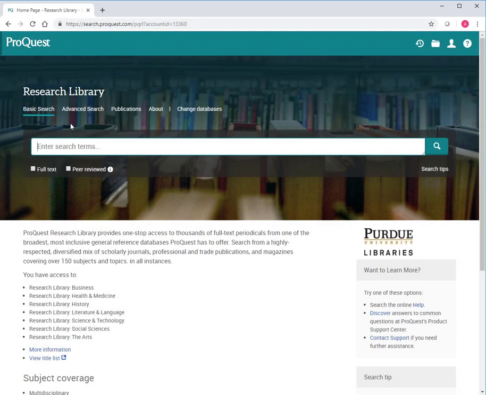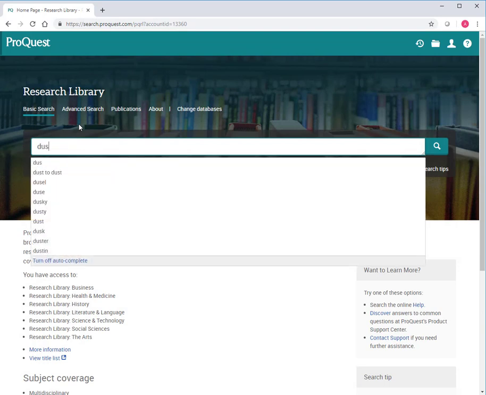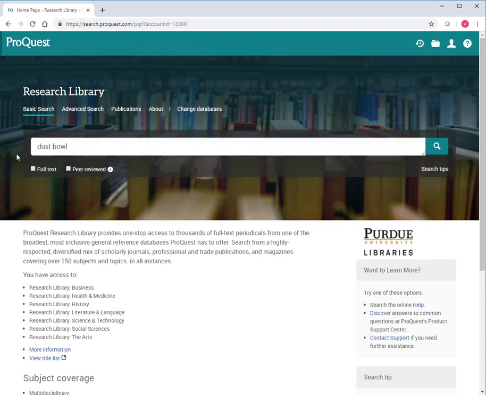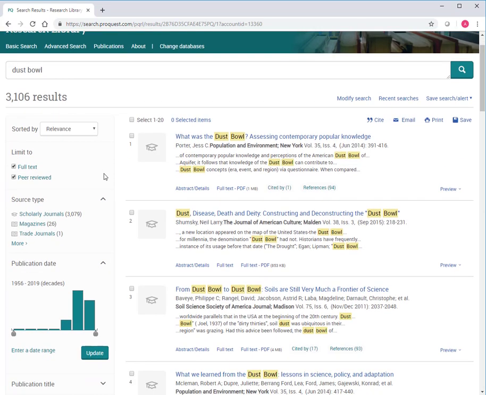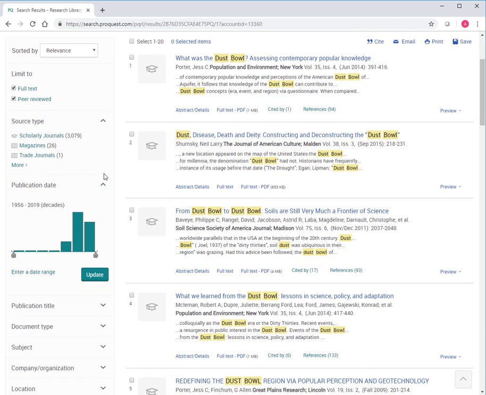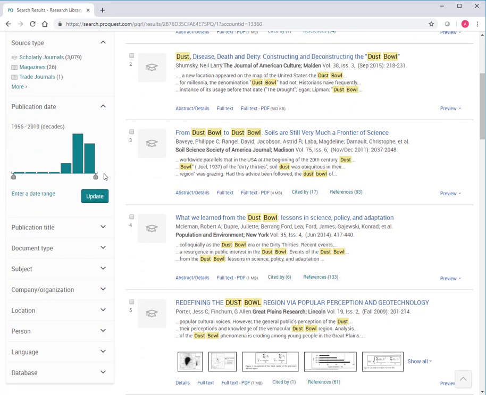Now let's get a feel for how searches in ProQuest Research Library work. In the basic search page, let's do a search for the Dust Bowl. We will also narrow the search for full text and peer-reviewed articles. This search brought up 3,106 results. To bring this down to a more manageable number, if you look to the left side of the screen, you